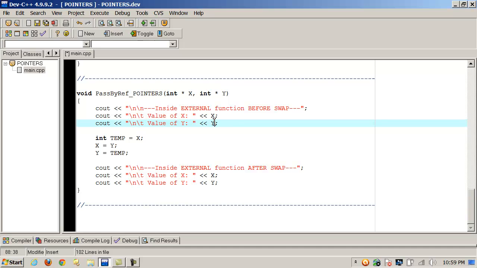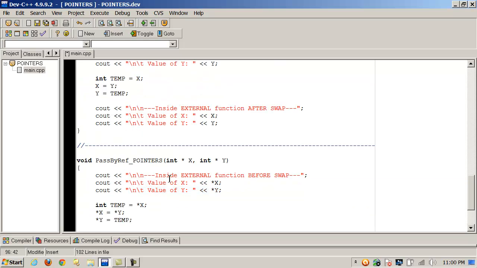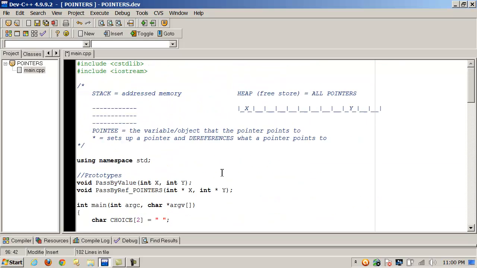Well, I don't want memory addresses. I want the value stored in the pointee that the pointer points to. So that means I have to use the asterisk again to dereference X and Y to display its value, to store its value in the temporary variable, to assign what's in Y and store it in X, and then take what's in temp and store it in Y. To get to the pointees, I have to do all this dereferencing with the asterisks all the way down. And the same thing down here. I don't want a memory address, but I want to dereference X and Y and reveal the values of the pointees that they point to. So I do all that, and that's pass by ref pointers. So there's our definition, and here's our